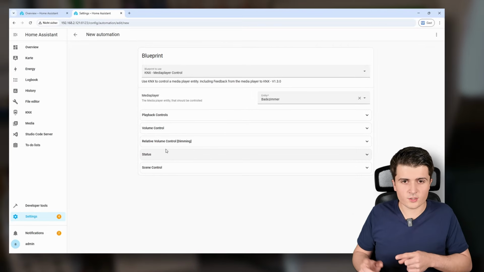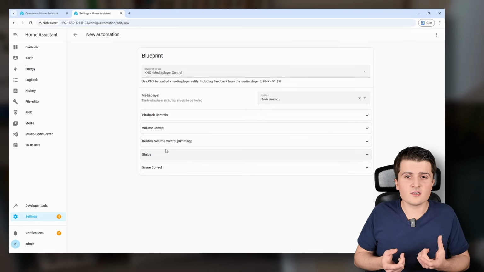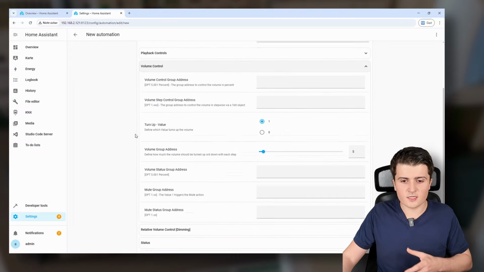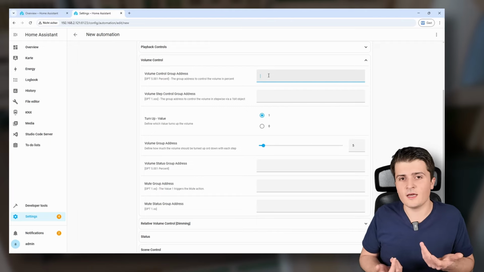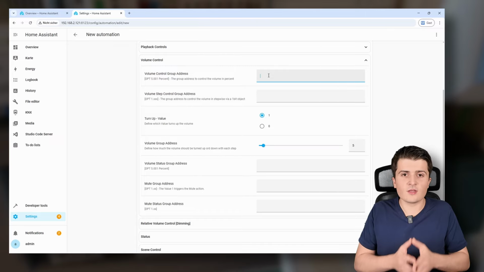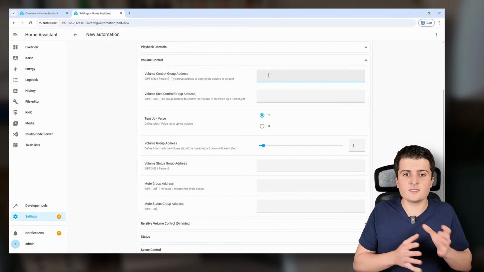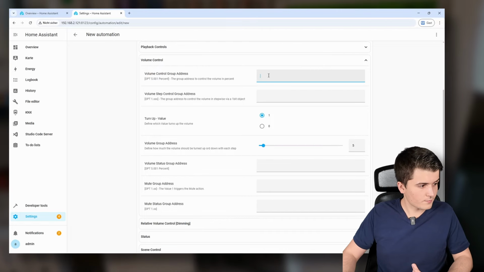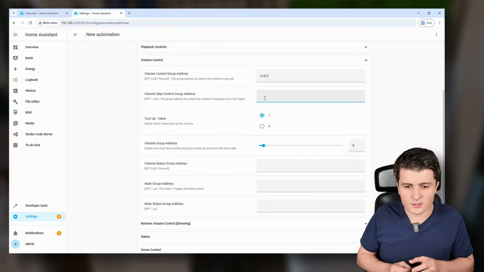Now let's go back to the volume control, because here you have multiple ways to implement that, also based on the devices that you want to connect to the sound system. First of all, what you have is the volume control here in an absolute value. This means that you maybe have a slider element on your touch display or in your visualization server or something else, so that you directly send a value between 0 and 100%, to which the sound system will directly jump. In my case, I have it on the address 0/5/3,